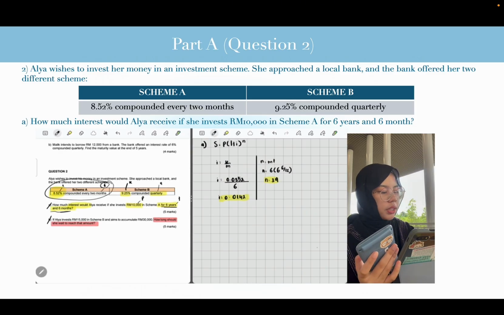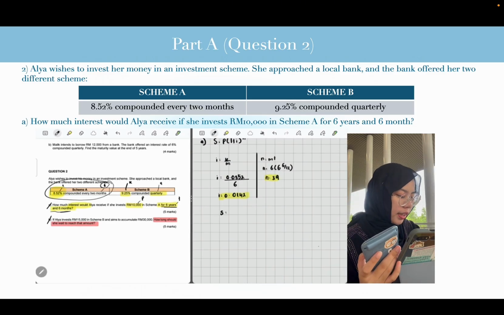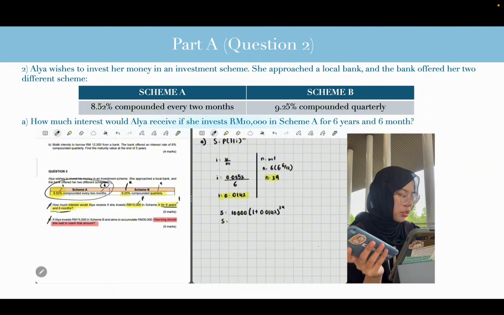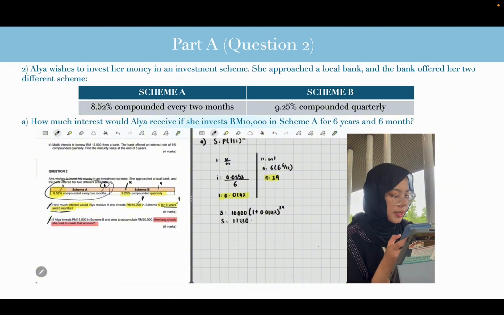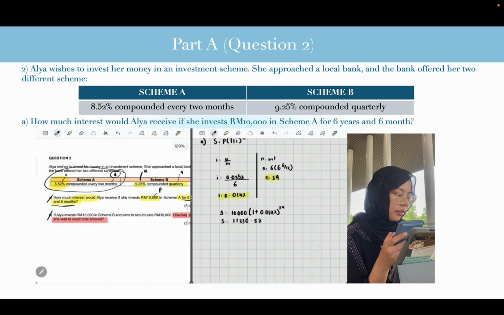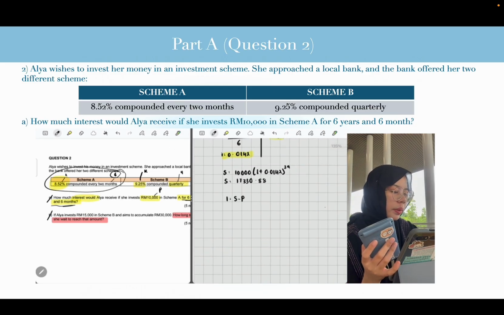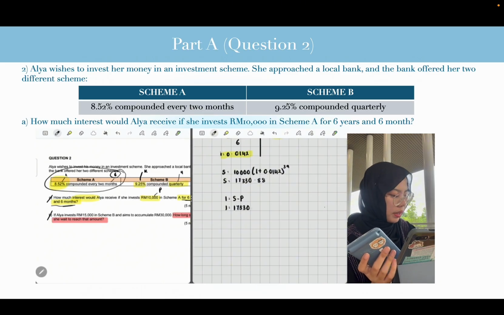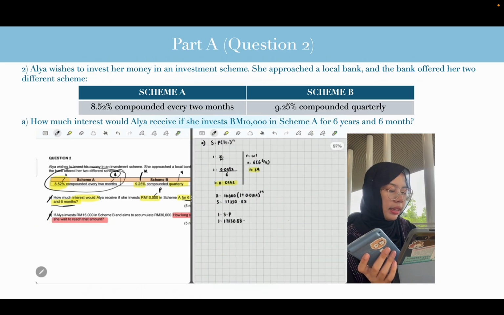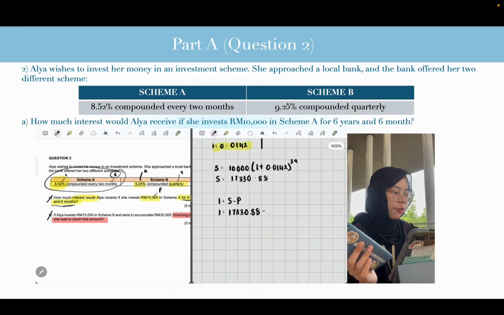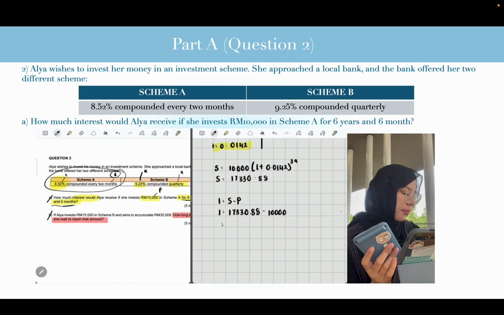And then I'll put all of this information in the compound formula. Since we're finding the S, you will leave it as the unknown. And then the P here, I already mentioned, is 10,000. And then bracket 1 plus I, which is 0.0142, and then in the power of N, which is 39. And if I just press the calculator, 17,330.88. But this question requires us to find the interest, meaning we'll need another formula, which is I equal to S minus P. So I equal to our S, 17,330.88, and then minus the P. Our P is the first price, which is 10,000. I'll get